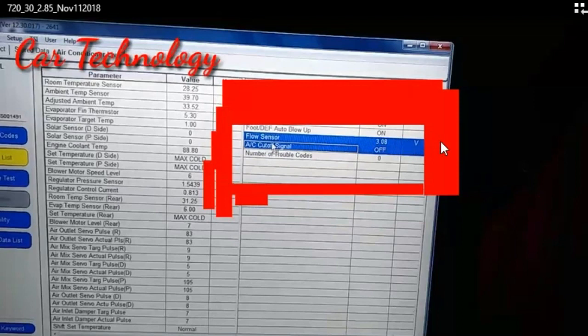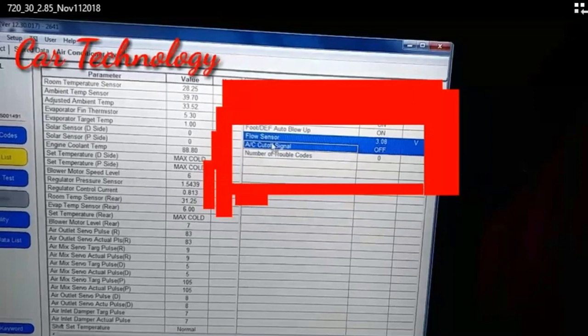If it is 4 volts every time, it is normal, but if the flow sensor is 3.9, 3.8, 3.10, 3.20, it is okay. Yes, the compressor and the air conditioner system are cool. Now I have explained, and everyone can continue watching this video. Please enjoy.